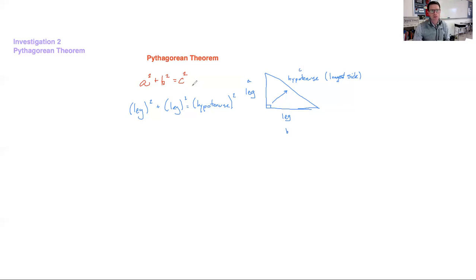This can get a little confusing, obviously, if we have a problem where an unknown side is labeled as a and it's on the hypotenuse. But as long as we keep this formula straight in our heads, then we should be able to solve for any unknown side of a right triangle if we've been given two. So let's take a look. Really, what this means is